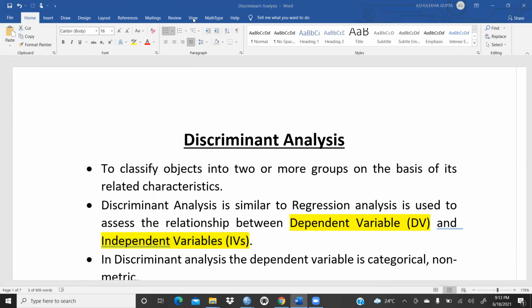And you have to go for some more examples. I would upload some more examples on my